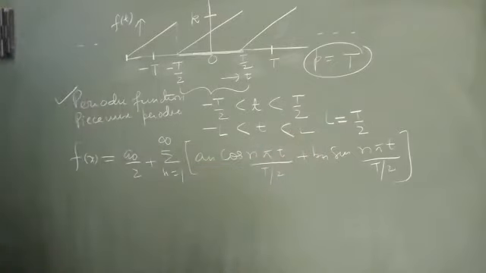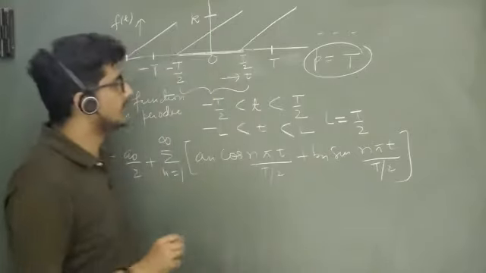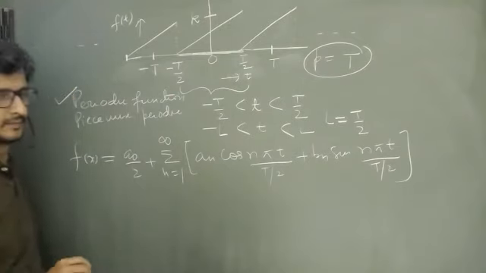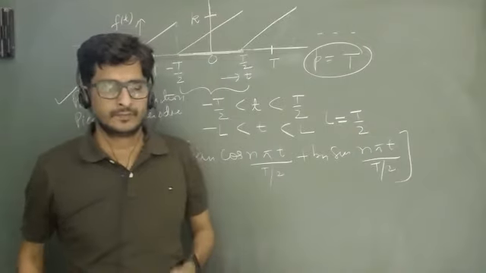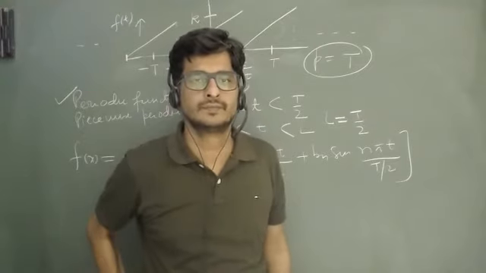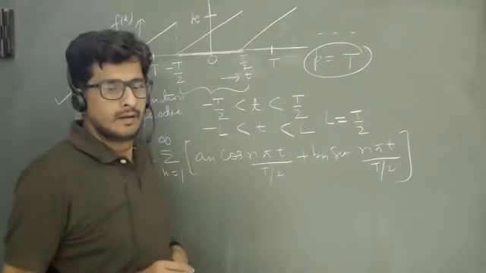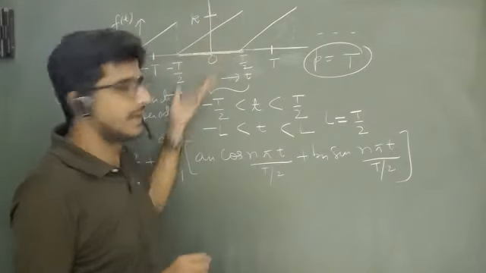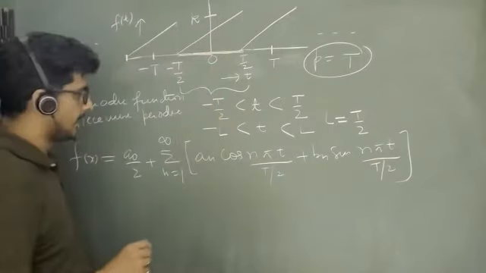This is the series you have got. And what type of function is this? Is it even or odd? That also you have to tell. Neither even nor odd. Because there is no symmetry. It is not symmetric about the y axis, and not symmetric about the origin, the first and third quadrants. So that is why.